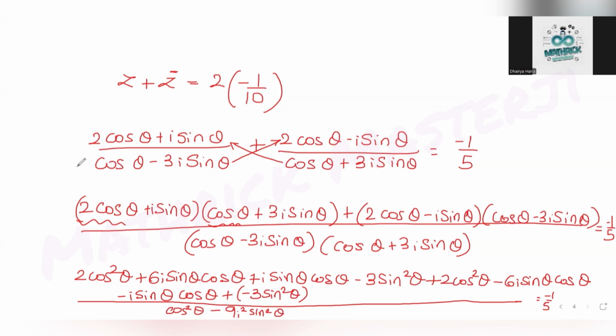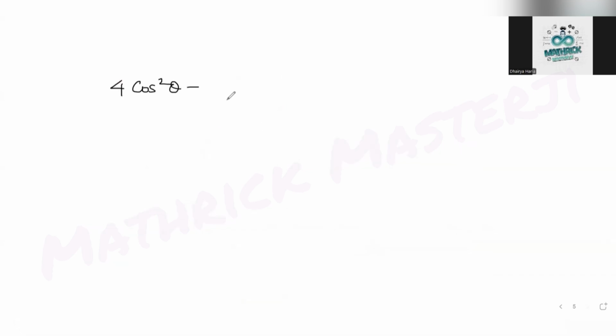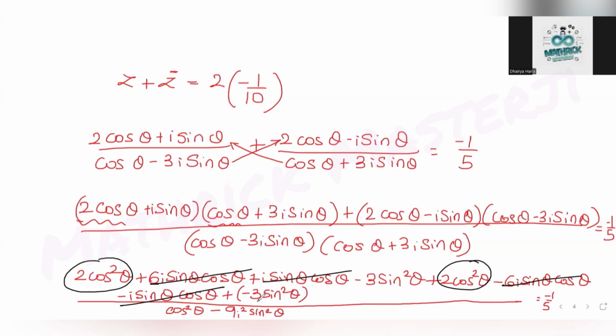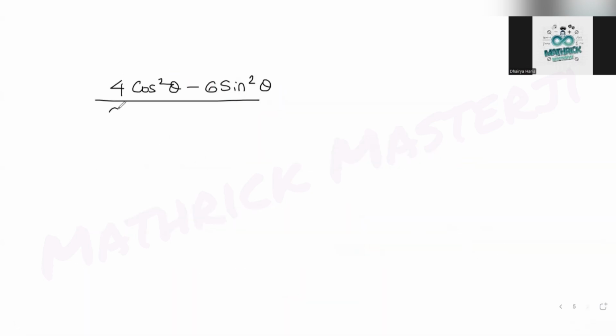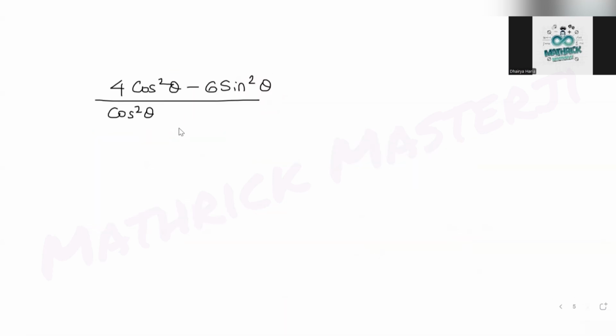Now let's try to eliminate what I can. So 6i sin theta cos theta can be cancelled with minus 6i sin theta cos theta. i sin theta cos theta can be cancelled with minus i sin theta cos theta. So from here I have 2 cos squared theta plus 2 cos squared theta. That leaves me with 4 cos squared theta, minus 3 sin squared theta minus 3 sin squared theta. That leaves me with minus 6 sin squared theta. The whole thing divided by cos squared theta minus 9i squared. i squared is minus 1, so plus 9 sin squared theta